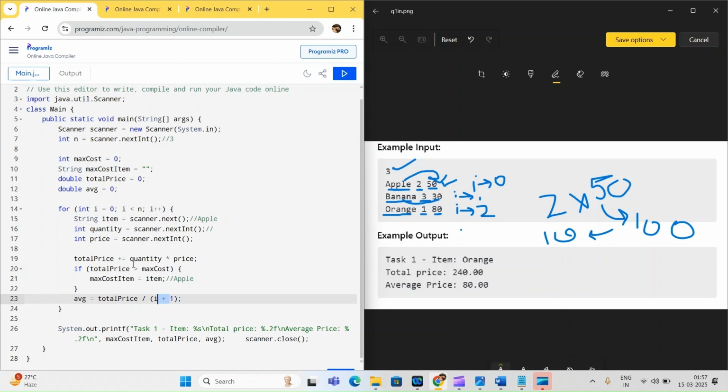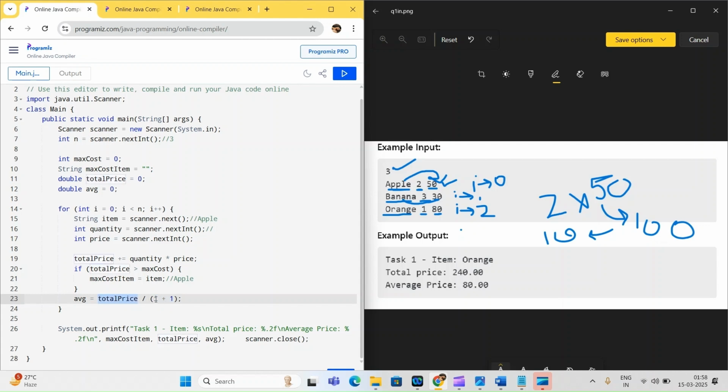But we are giving one item, that is apple. Then how will it go? Another example: we are iterating from 0 to n. If we give y, then end will be 2, 0 to 2, so end will be 2. So there will be total price divided by 2, but we have given 3 items, apple, banana and orange. Then how will it be 3 here? Since we are going from 0 to n, that is 0, 1, 2, if we only write I, then